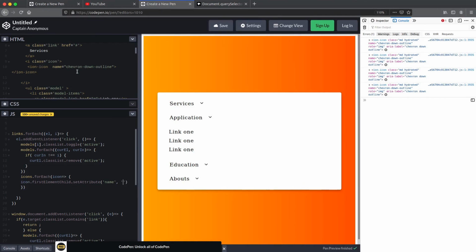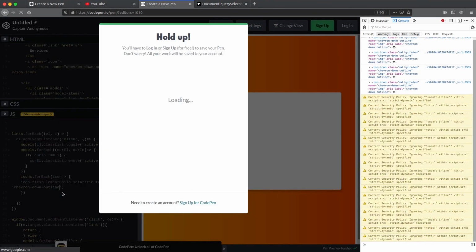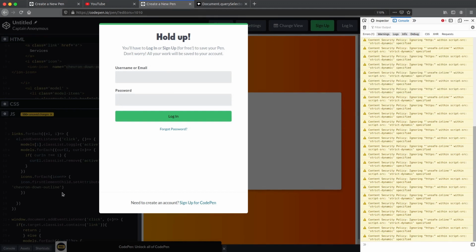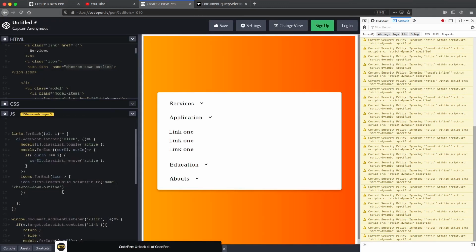I want to set the same thing here in JavaScript. Now it's initialized as chevron down outline. Now I want to add the chevron up outline in the active element.